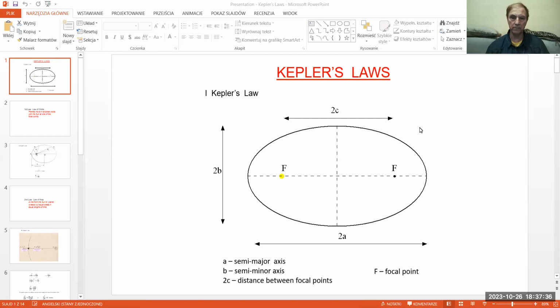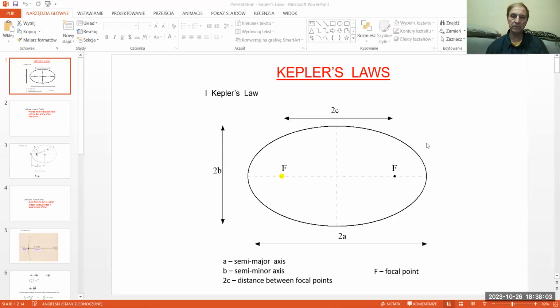Kepler's laws inform us, tell us about the laws that govern the motion of planets in the solar system. There are three Kepler's laws. The first Kepler's law